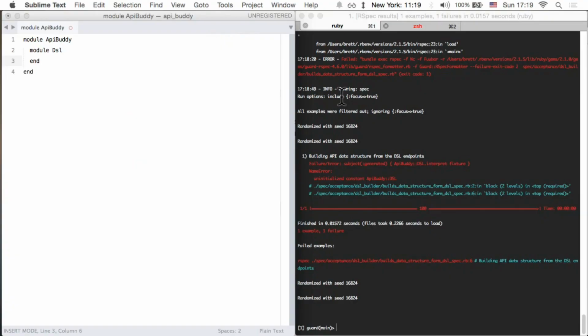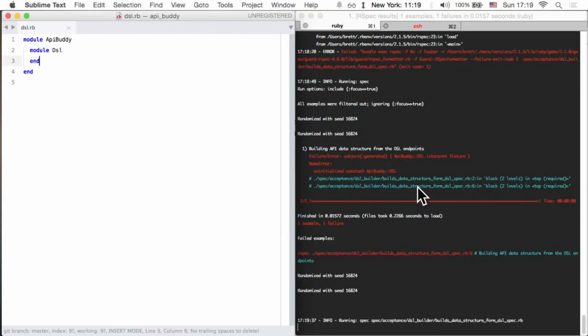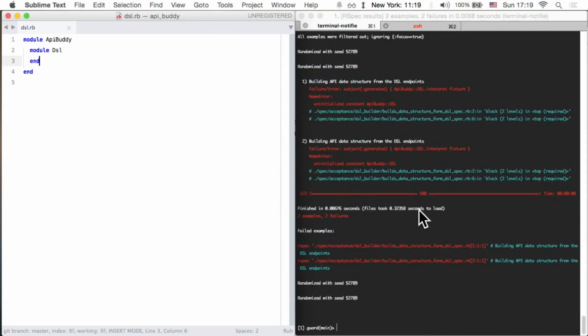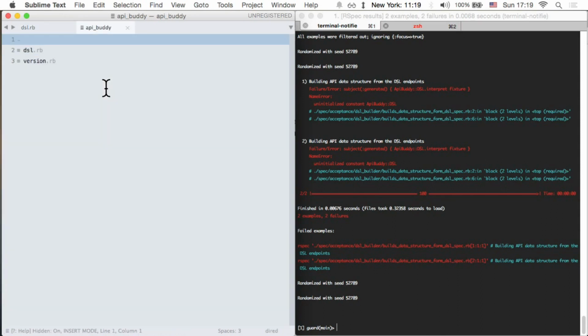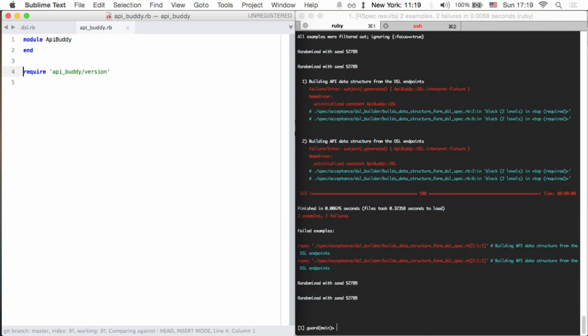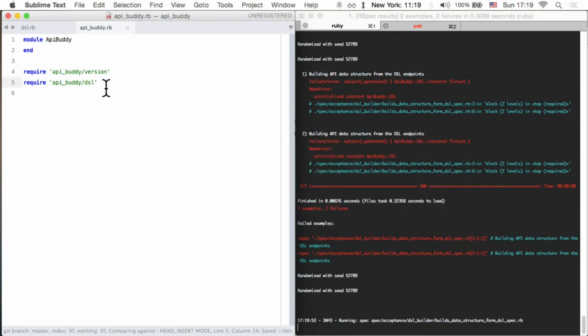Okay, replace. So we should get a different error now. Nope. Ah, okay. That's because we need to go up into API Buddy, and we need to require our DSL. So now,